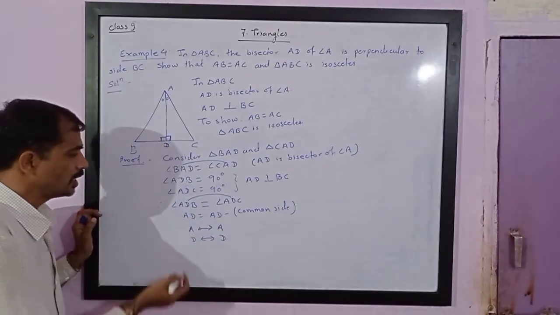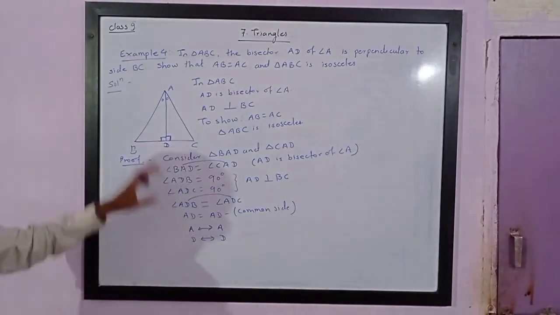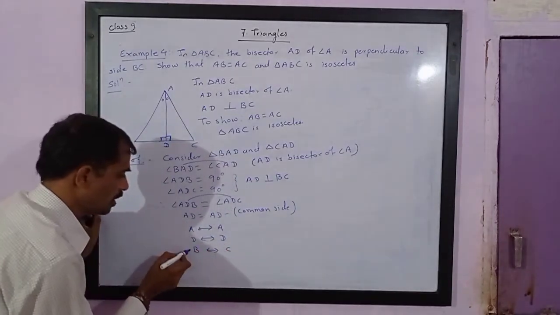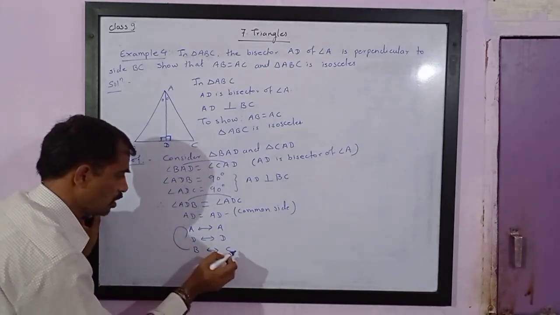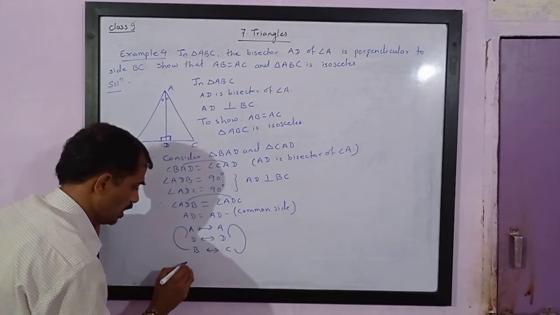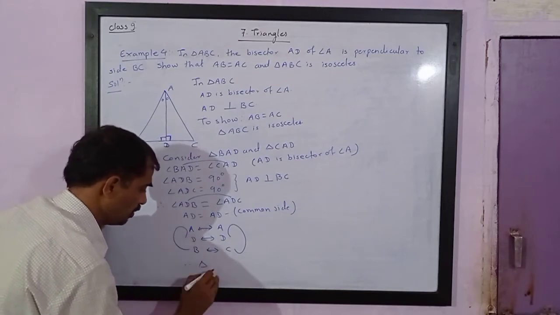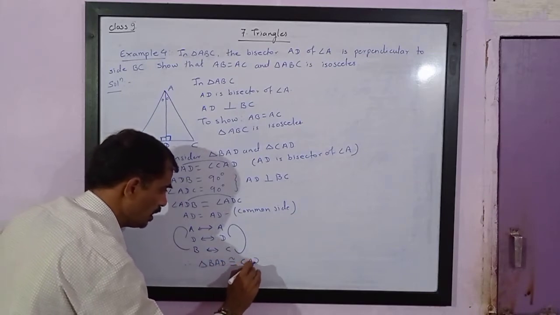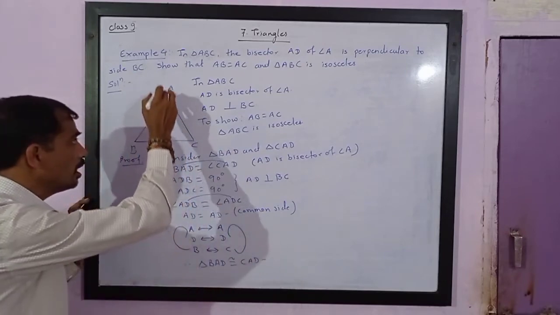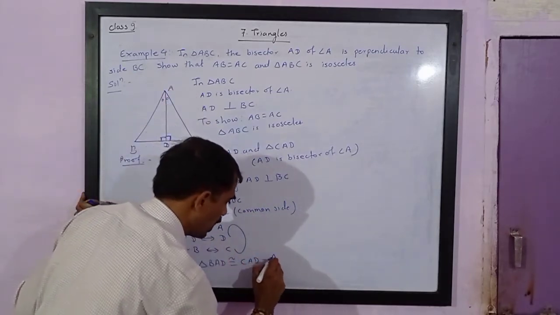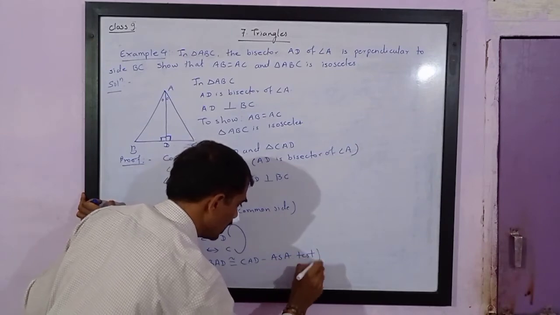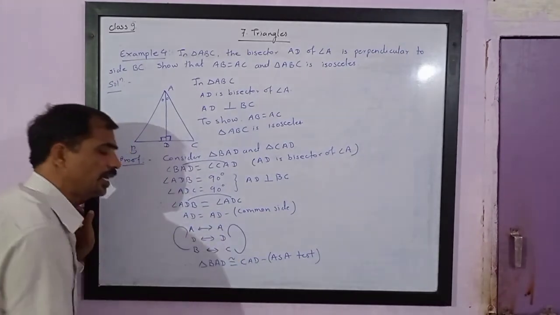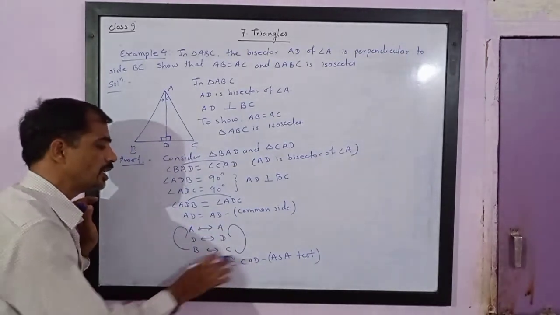Now in this triangle the remaining vertex is B. You can write from the sides as well, but sides cannot be written because it is not given. AD is equal to AD, so the remaining vertex is B. B corresponds to C. Please note, it will be third, first and second here also. It means triangle BAD is congruent to triangle CAD. Reason: angle side angle test. It is not necessary that you write BAD and CAD only. You can write triangle ADB congruent to triangle ADC as well. It can be written in 6 different ways.